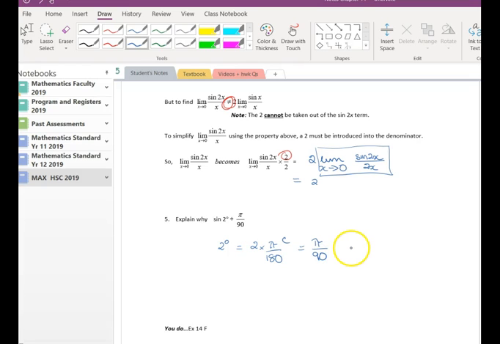And if we've got the sine of a small angle, what we know is that sine of pi on 90 would be approximately sine